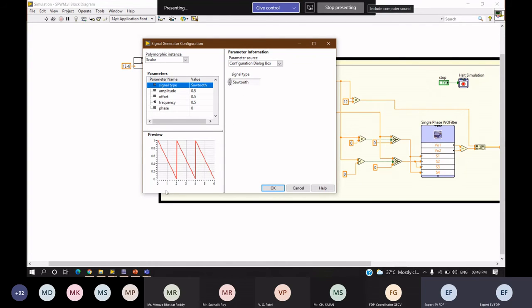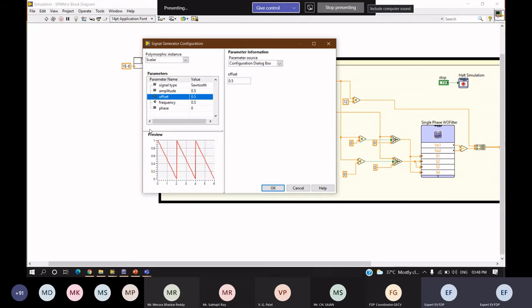Even this sawtooth will be pushed to positive only. You can see we have changed its offset to 0.5, and the signal will generate between 0 and 1. It will not be between -5 to +5 or -1 to +1. So this one will generate a signal from 0 to 1.